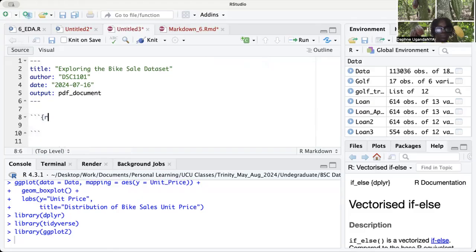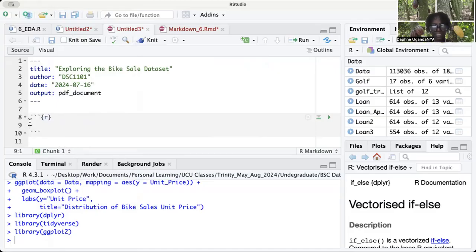So I just want them to be in R format, is all I'm interested in. Just do a bit of undoing there. Okay, so I just want R scripts, so R chunks. So I leave it at that, and in here is where I can come and now start writing my new